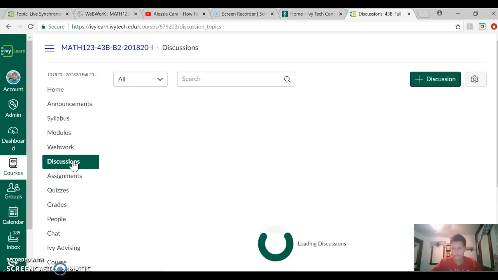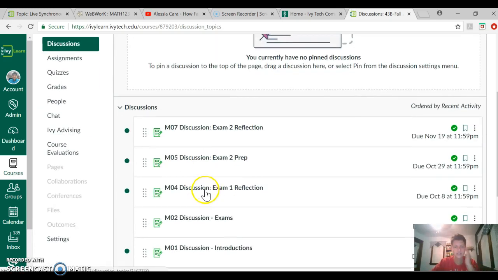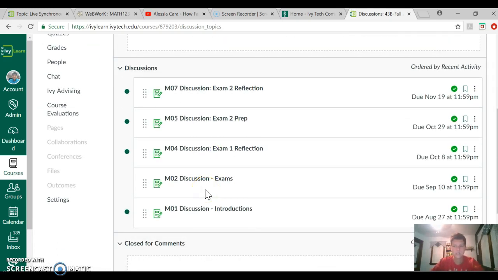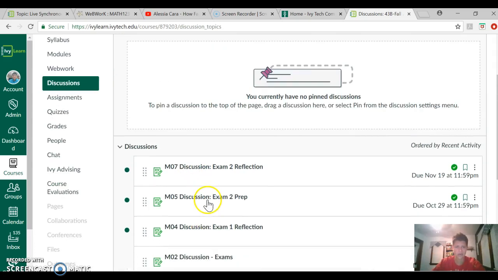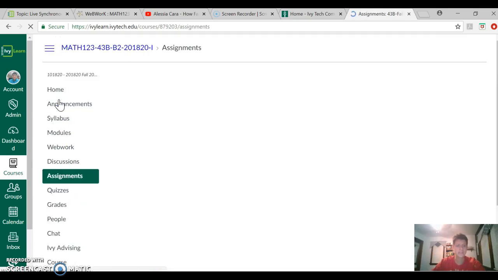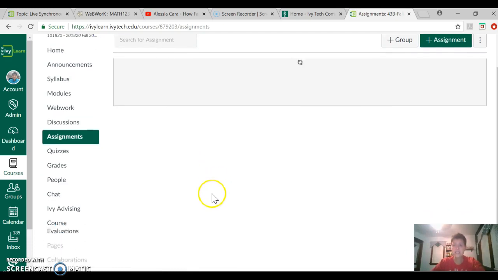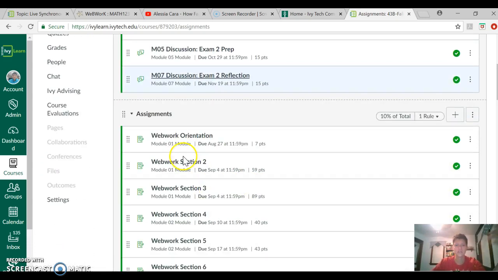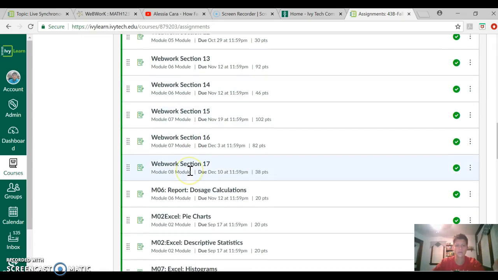Discussion boards, this button will take you directly to the discussions. You can get to those discussions also through the module page. Right, so this is just another spot. They are not in numerical order. How odd is that? The assignment button, hey, you can get to the discussions this way as well. You can also see all of this homework. There's all of your WebWork